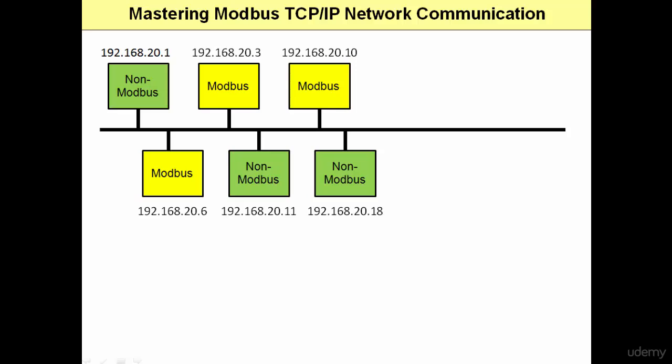So now let's just look at an example of IP addresses on a TCP/IP network. You can see in the diagram that each and every device, whether Modbus or non-Modbus, has an IP address. And you're seeing 192.168.20.1, .3, .10, .6, .11 and .18. Notice what I was talking about before, how the IP address is sort of arranged like a geographic system. All of them start with